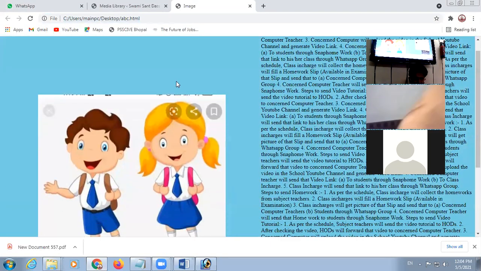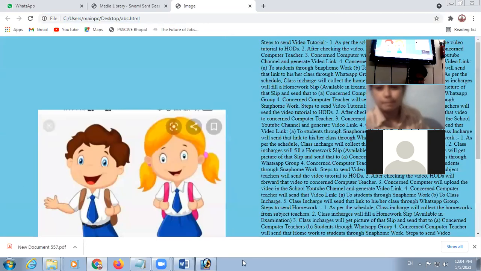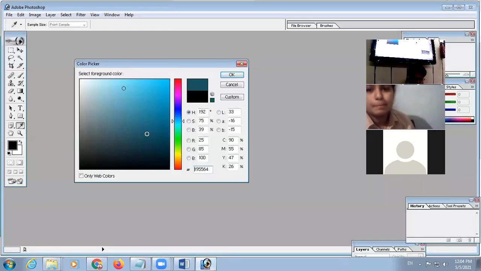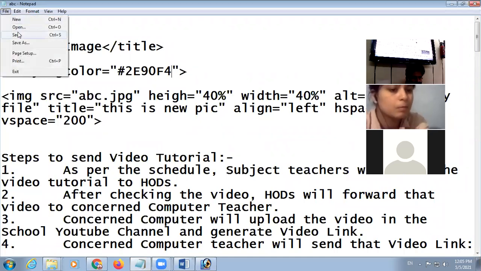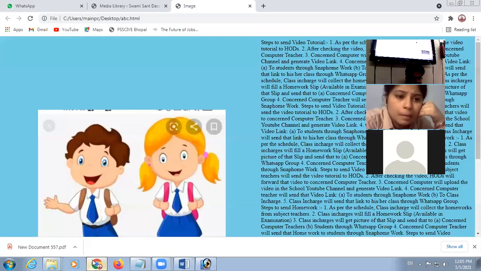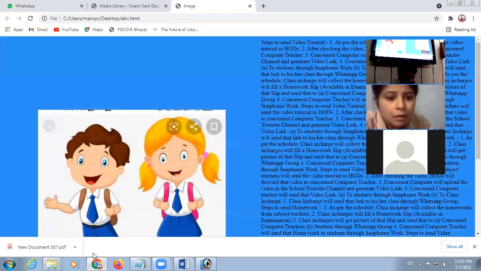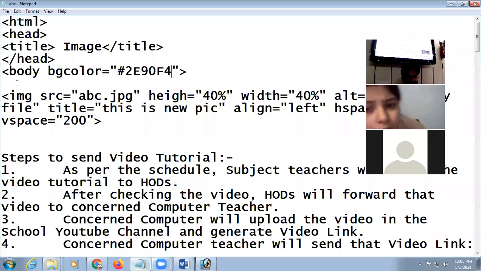So look at here, there are so many color combinations. And these colors are in the hexadecimal number system.